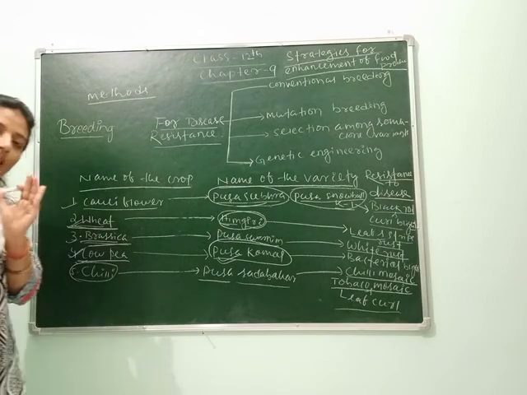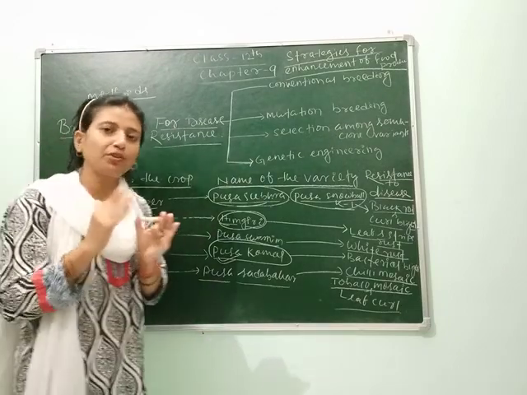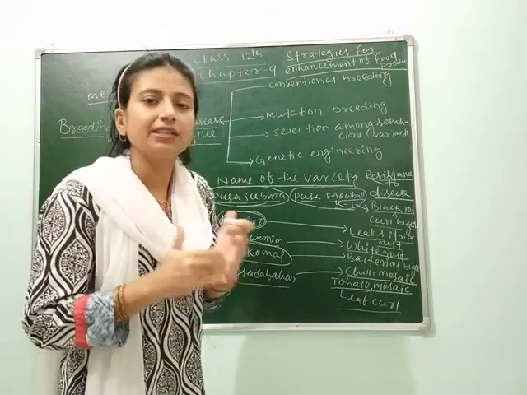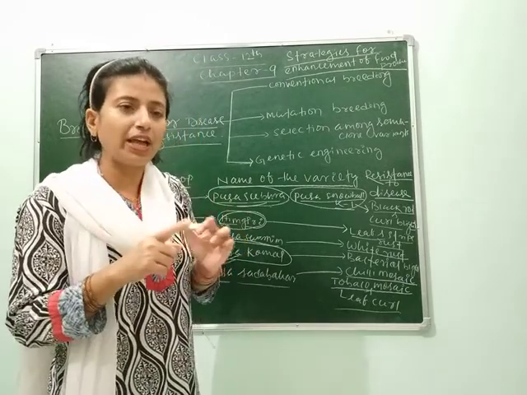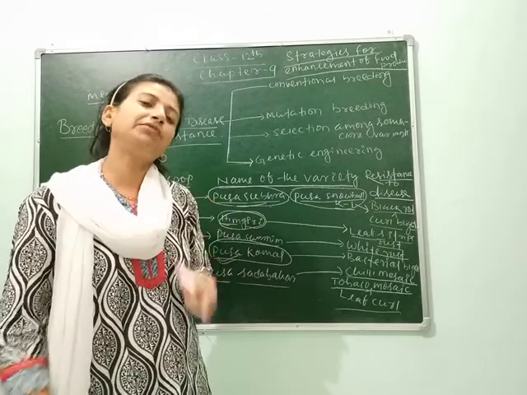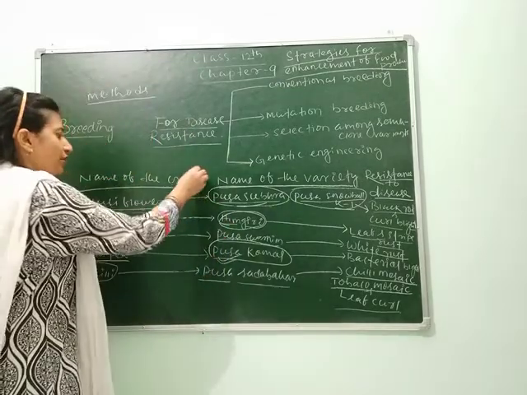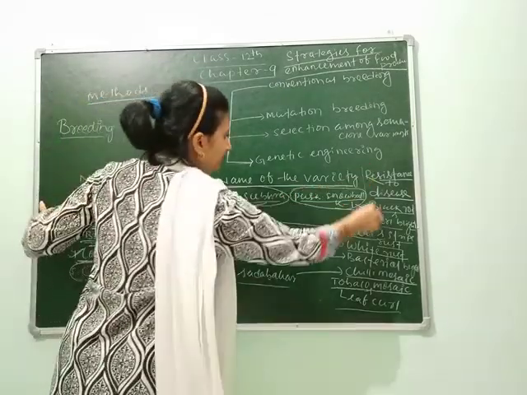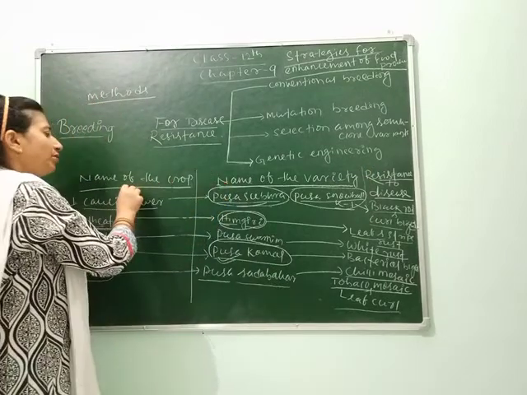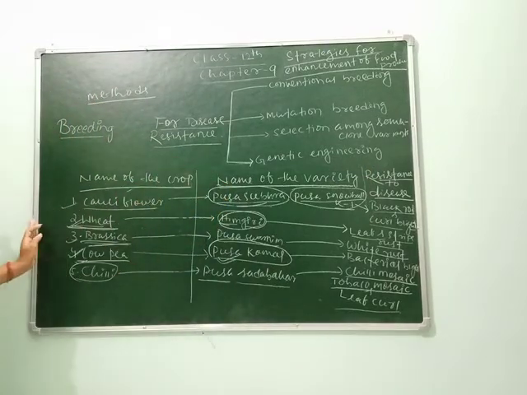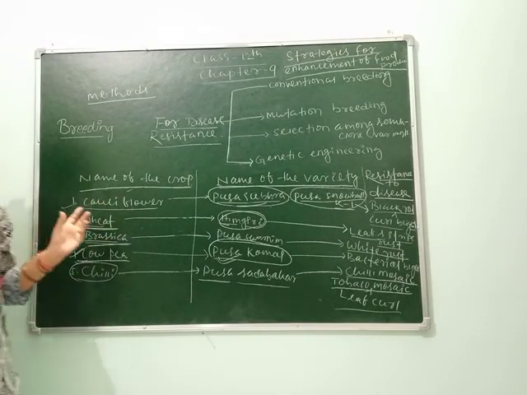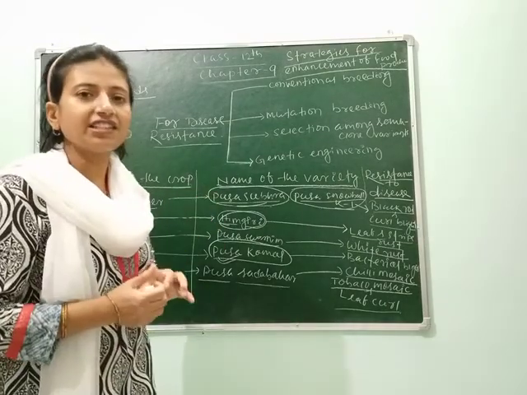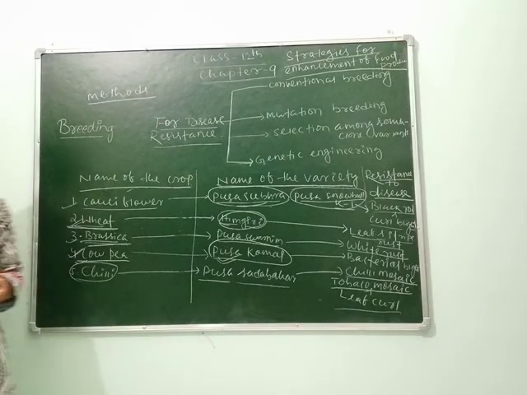So students, you have to learn all the tables from your NCERT book. Clear? Here nothing is to understand. You have to only memorize. You can make a chart paper, and in the chart paper you can create blocks like this. Write the name of the variety, then the name of the crop, resistance to disease, the same for the crop, characteristic, and resistance to pest. Clear students? Next we will study improved nutritional quality.